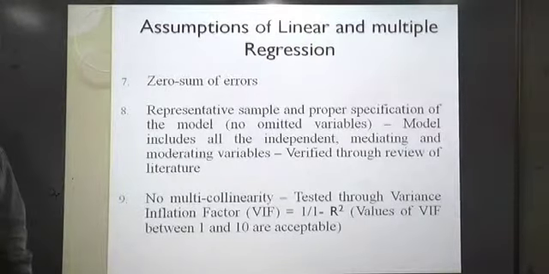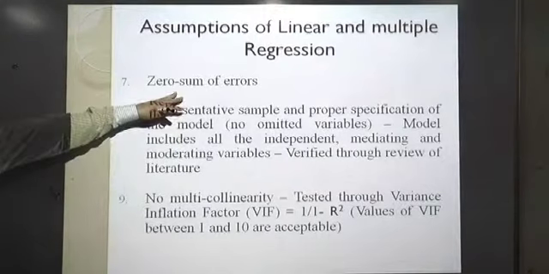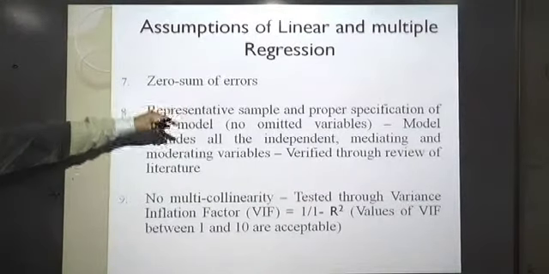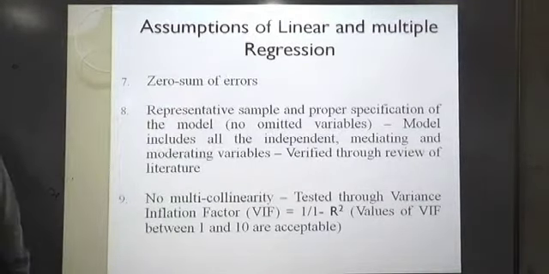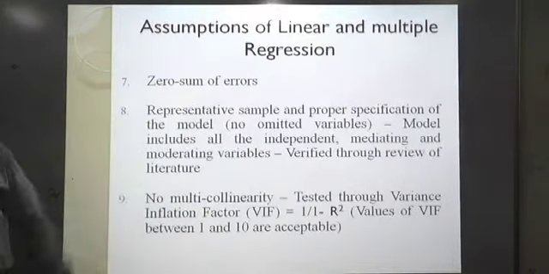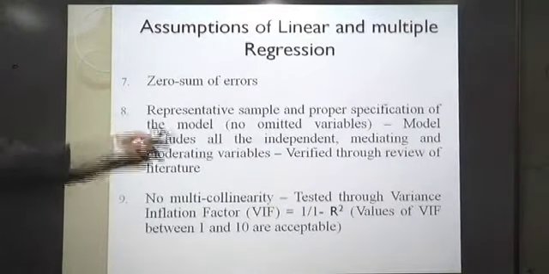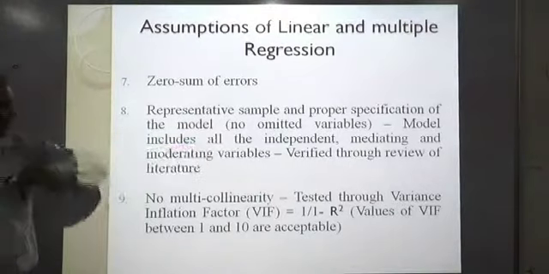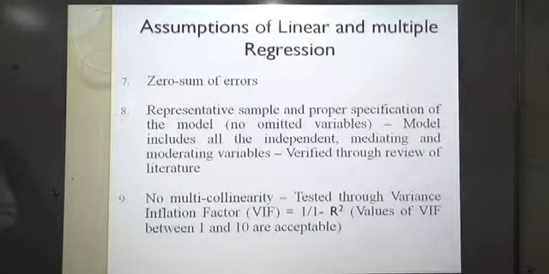Zero sum of errors. We are using sum of squares, so that would automatically make it zero. Zero sum of errors is least squares. The method used for regression is least squares, and least squares will automatically result in zero sum of errors. Representative sample and proper specification of the model. Your sample size should be large enough for the data to be normally distributed. Second, while establishing your model, like say, if I am talking about customer loyalty, and if I take only customer